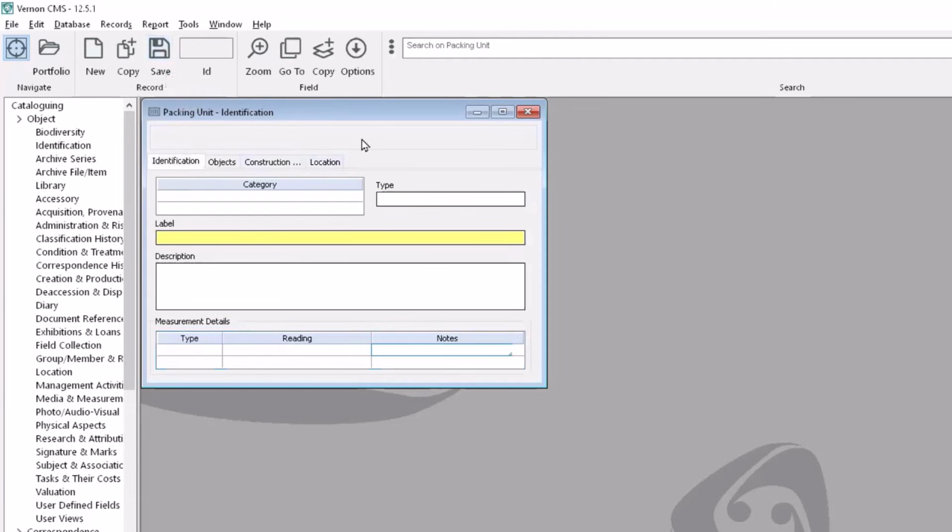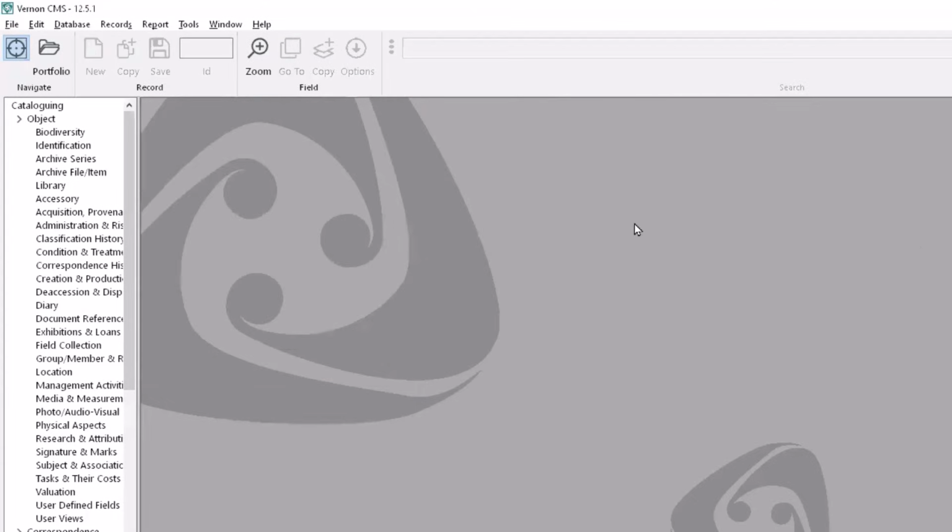Saving the record will also close that particular record. It's important to close the packing unit record, otherwise it will be locked and Vernon won't be able to move it if we try to move it with bulk move while it's still open. It's good practice whenever you're using bulk tools to close your data entry windows. That just prevents issues occurring. So I'll close this window now, and then I'll open bulk move, which is under Tools,